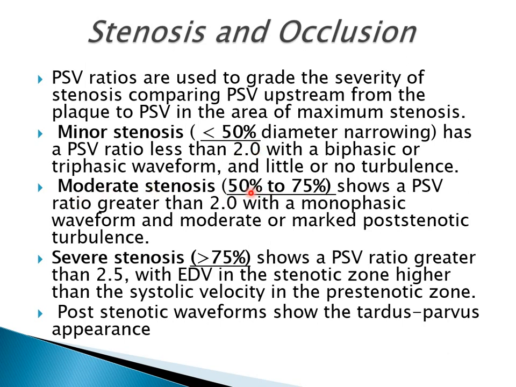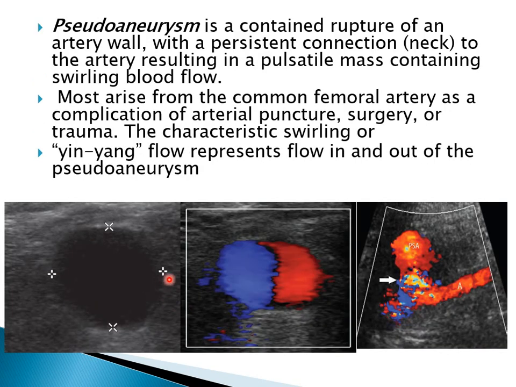In the moderate stenosis, 50 to 75%, we have the ratio of peak systolic velocity more than 2, and you may have monophasic waveform or moderate to marked post-stenotic turbulence. Severe stenosis, more than 75%. Ratio is more than 2.5, with end diastolic velocity in the stenotic zone usually higher than the systolic velocity in the pre-stenotic zone. Post-stenotic waveform, as we said in the carotid, is usually tardus parvus appearance. The same. We have pseudo